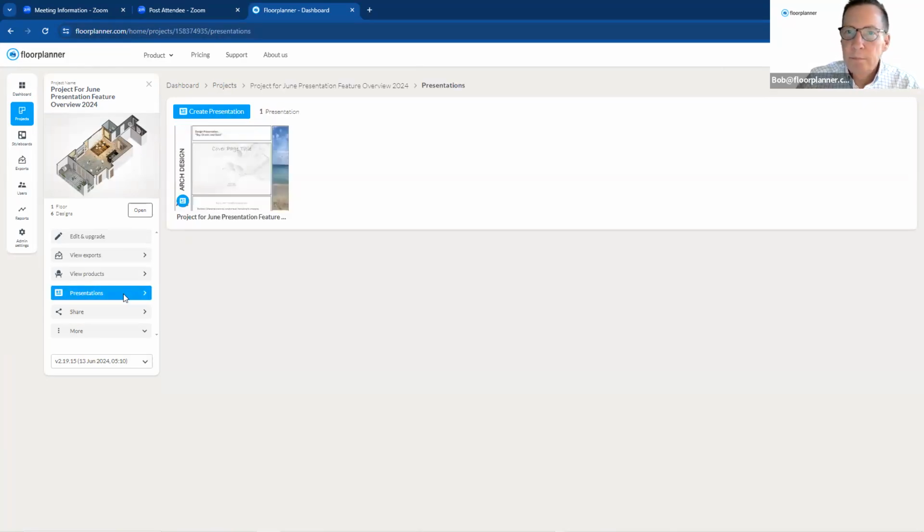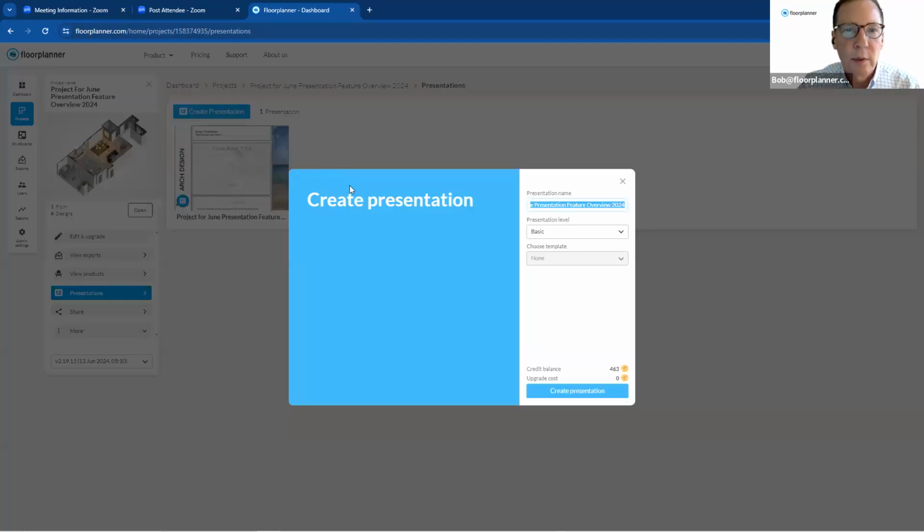Now I've already built one as an example, but we can build this from scratch. So let's take a moment and do so. So let's go to create a presentation for this particular project, create presentation. I'm going to go ahead and go for the premium on there because I want a higher resolution on it. And depending on your account out there, some accounts may be automated so that you will be working with the premium, which is your better quality image for your presentation if you exported